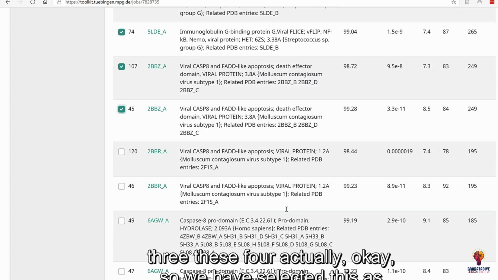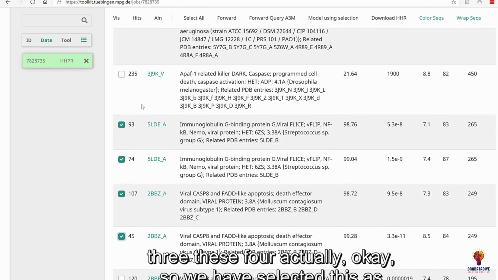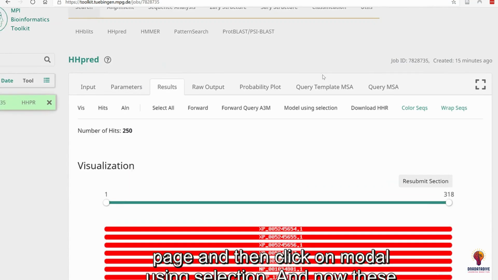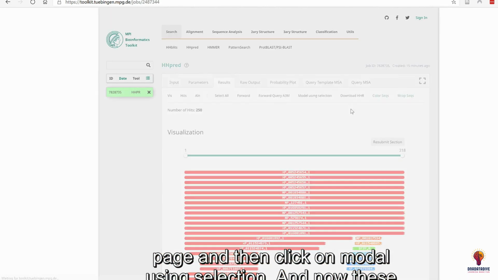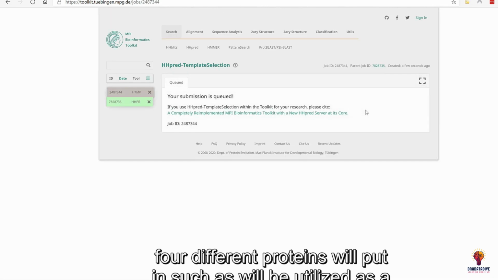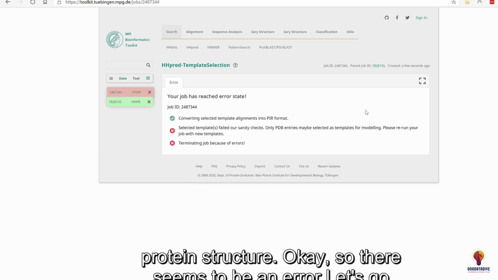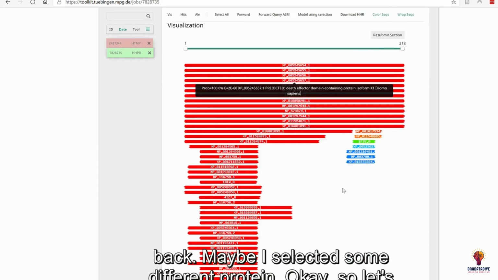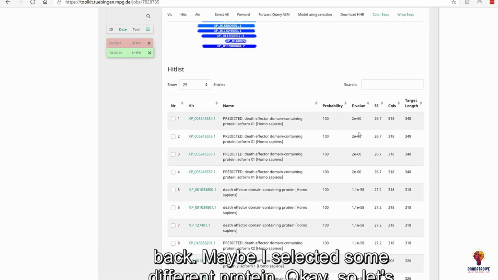four actually. Okay, so we have selected these as templates. All we really need to do is go back to the top of the page and click on model using selection. Now these four different protein structures will be utilized as templates. This seems to have an error. Again, let's go back. Maybe I selected some